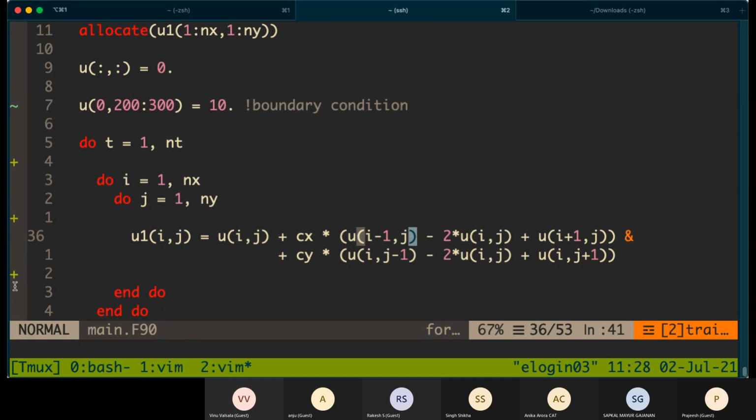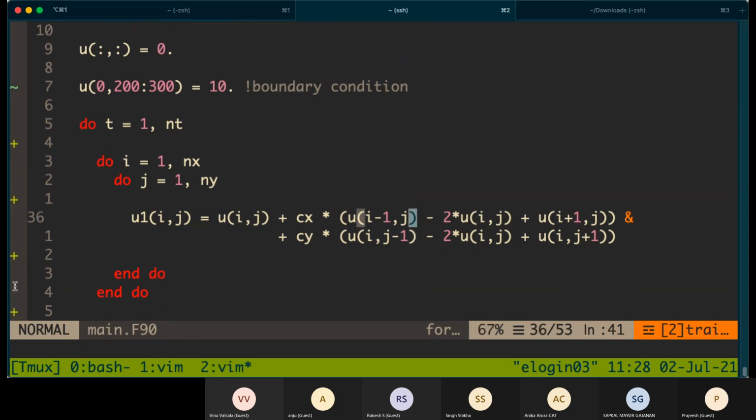Now, let's say in the first processor, when it comes to a boundary point, the rightmost boundary point, the neighbor of that will actually be lying in another processor, in the second processor. For solving this equation, we definitely need that value from that other processor.